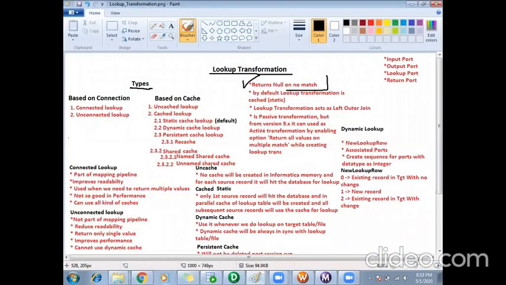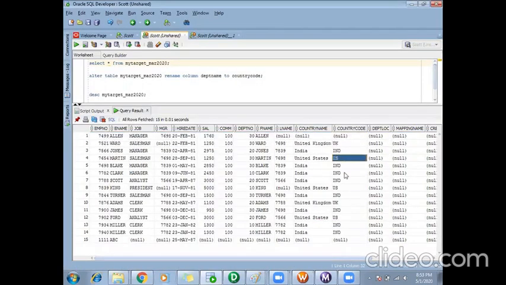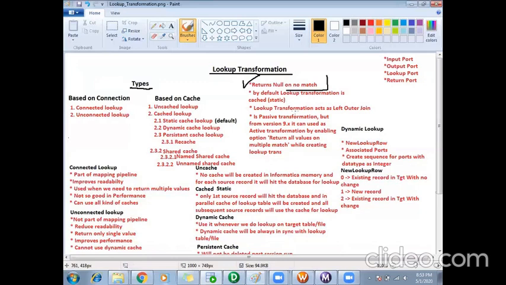Okay, that is the first thing. Then wherever there was a match, it has returned its respective country codes. By default, lookup transformation is cached. Again, cache means it is a temporary storage location in Informatica.